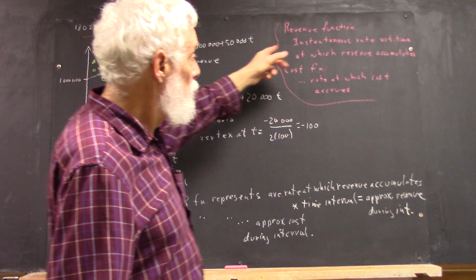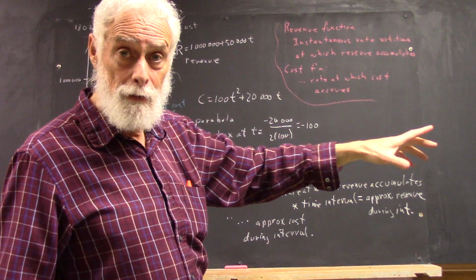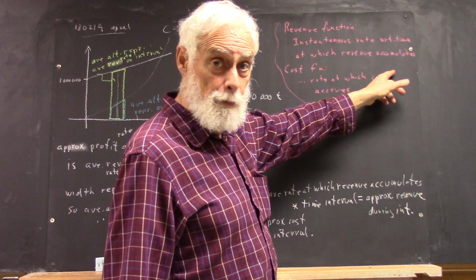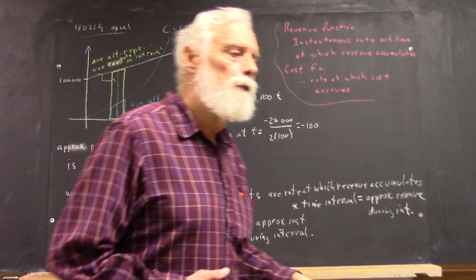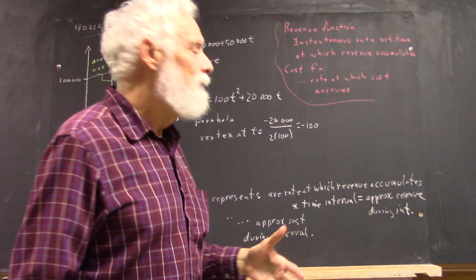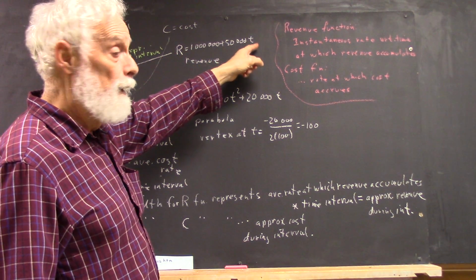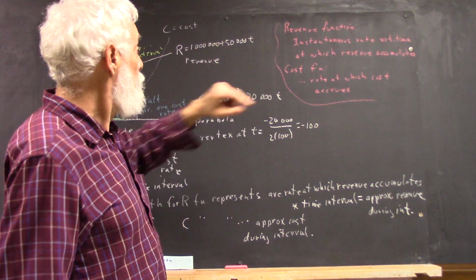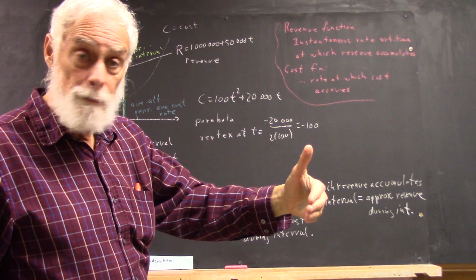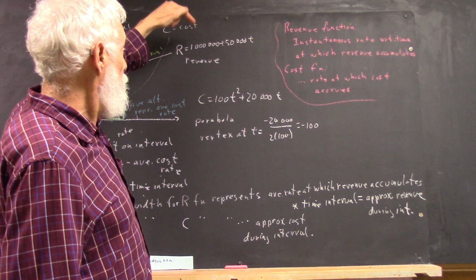A revenue function is not the amount of revenue, it's the rate at which revenue accumulates. Okay, and it's the instantaneous rate at which revenue accumulates, and more specifically, the instantaneous rate with respect to time at which revenue accumulates. So if your revenue function, where T is measured in years, is the function we have here, $1 million plus $50,000 times T, this means that between T equals 0 and T equals 1, the revenue function is going to change from $1 million to